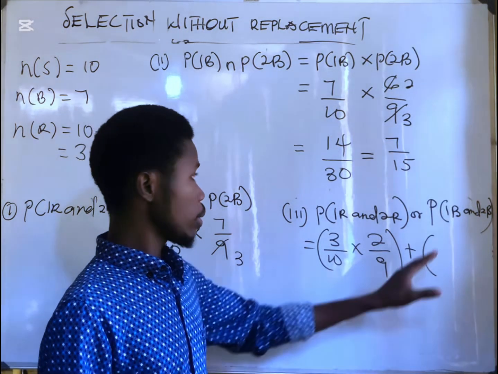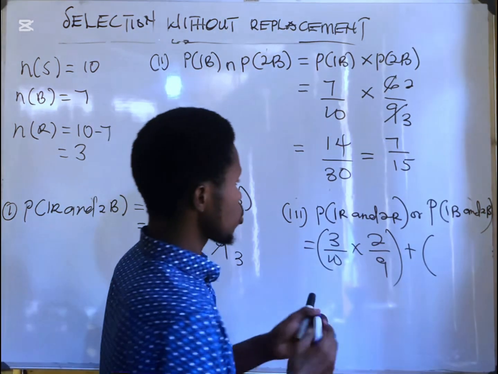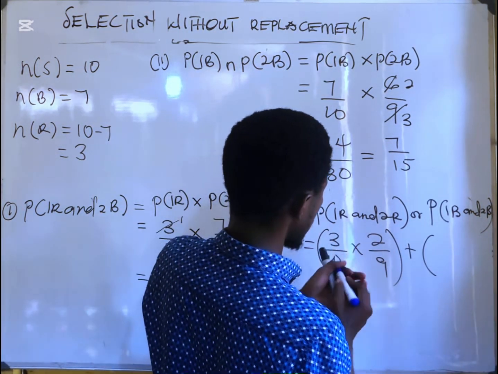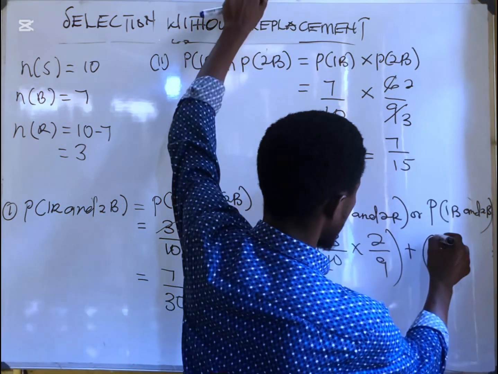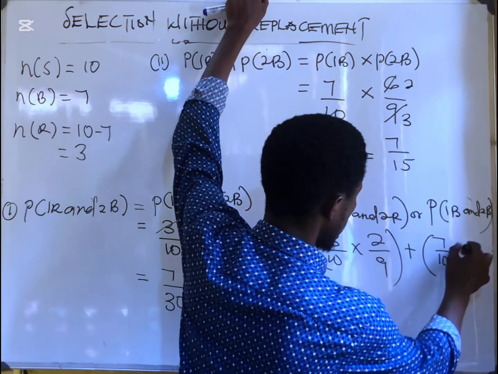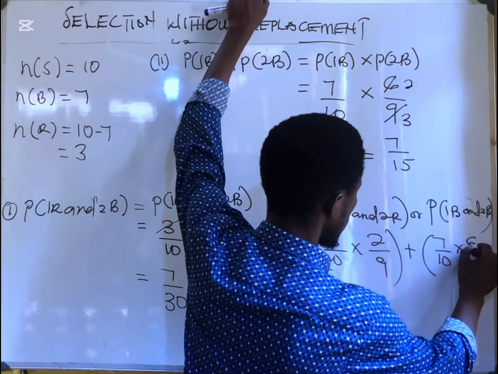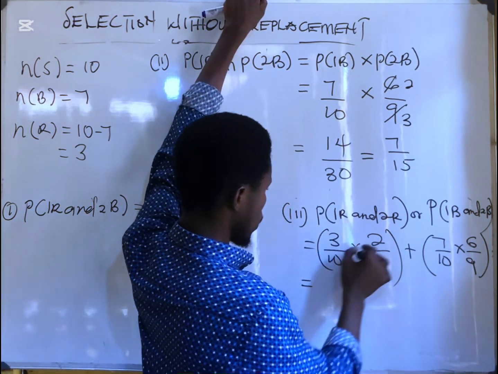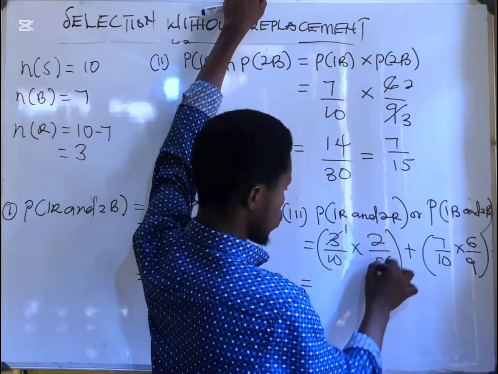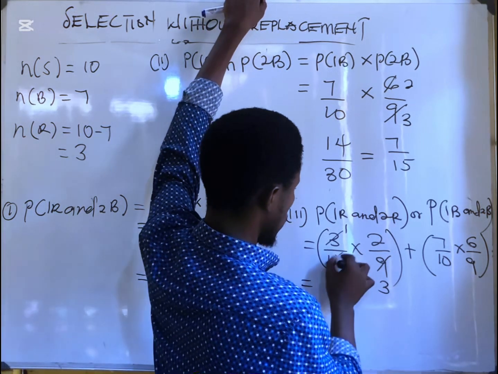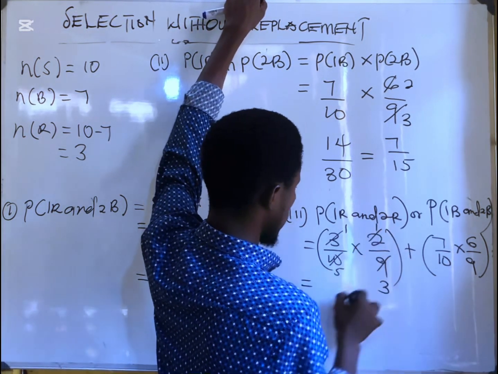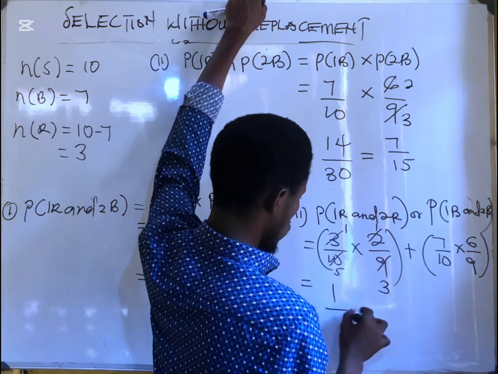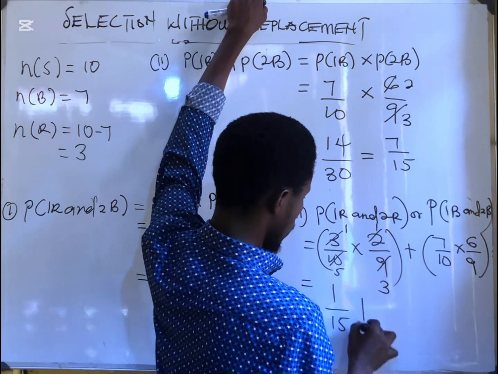So that one is like we are starting again. That one too is going to be 7 over 10 times 6 over 9. Now, 3 goes here, 1 goes there, 3, 5, 1. So here we have 1 over 15 plus